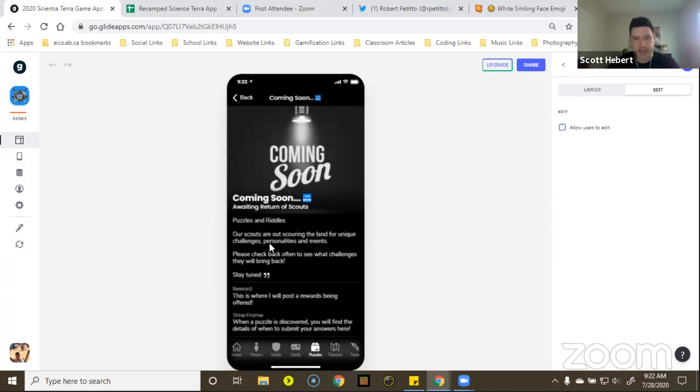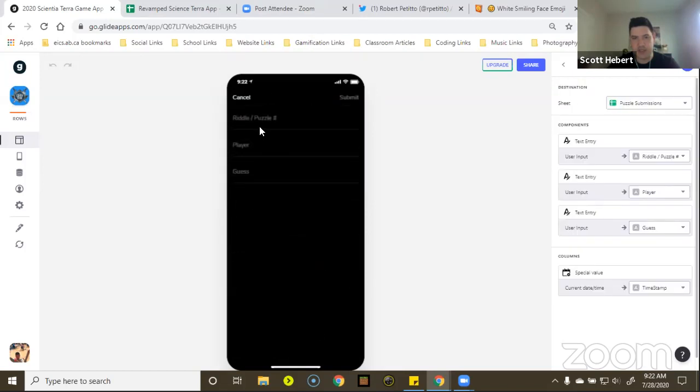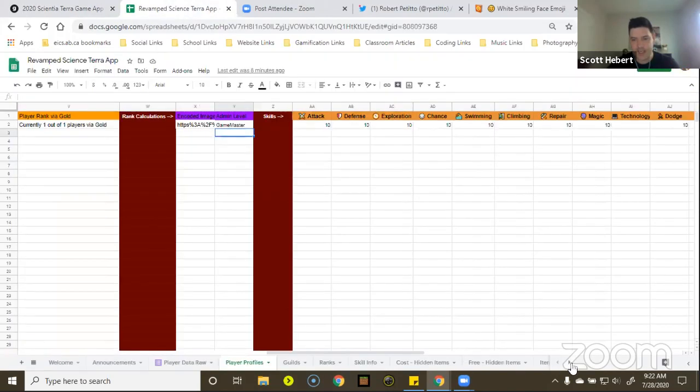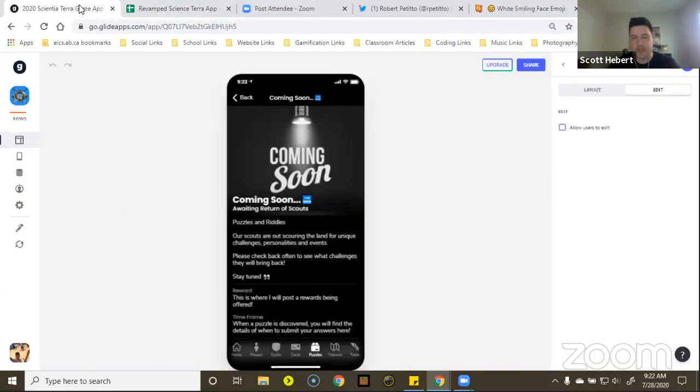Puzzles. So you have the ability to have different puzzles inside the app. I can add different challenges or different kinds of things, and I can have prizes and variables and all kinds of stuff. You can click here to submit your answer, and when you submit your answer, I get it in a spreadsheet right here. Then I have the ability to award winners. With the timestamp, I can see that it was submitted at the right time. I can see who did it and what their guess was, and then I can give them prizes and things like that.